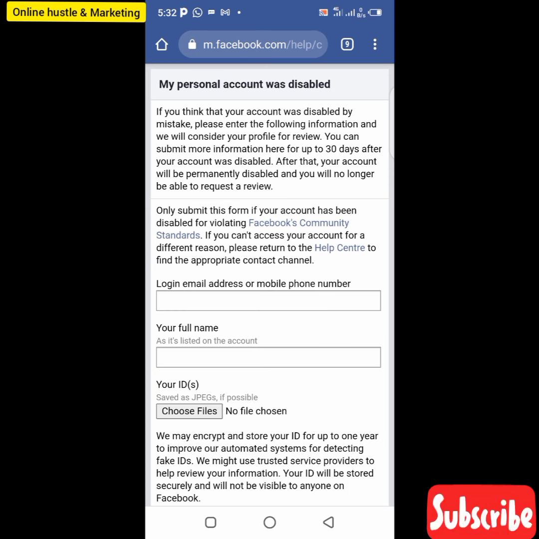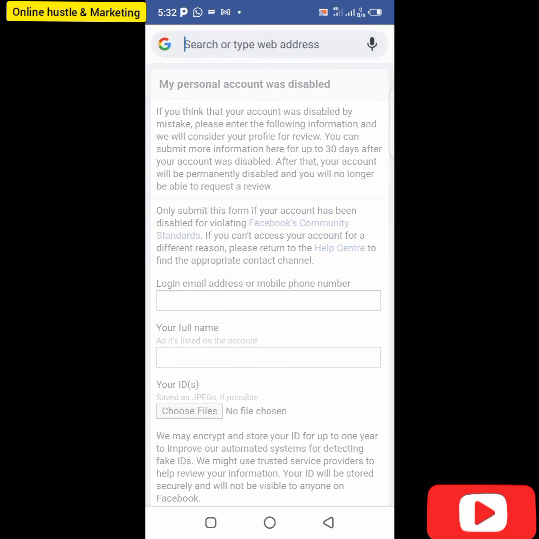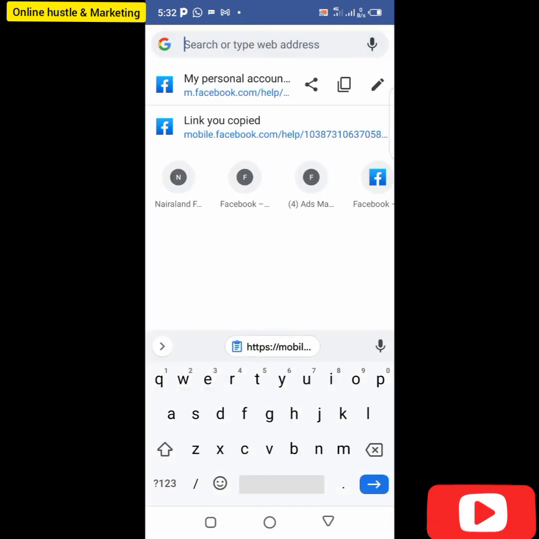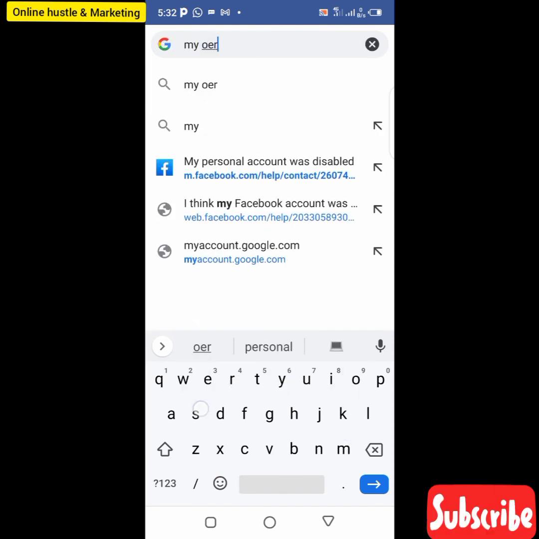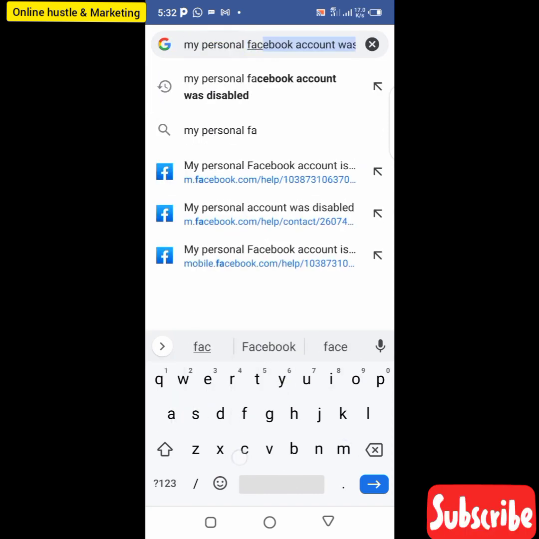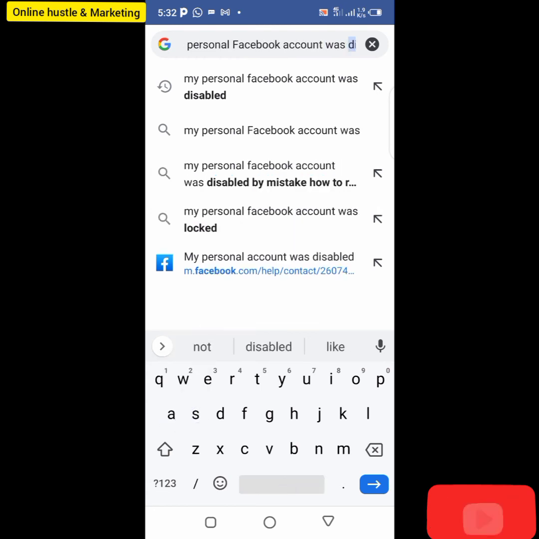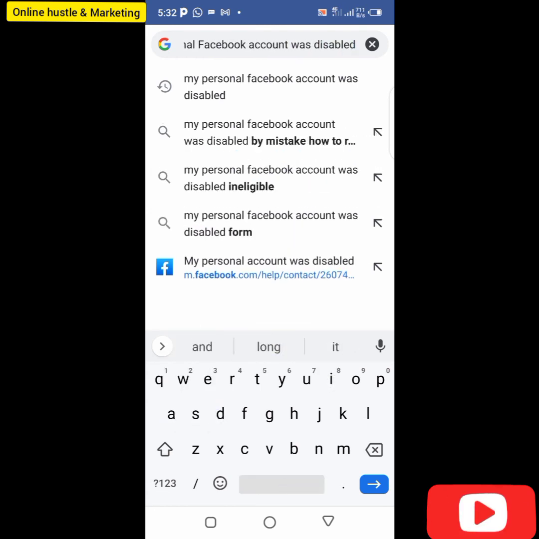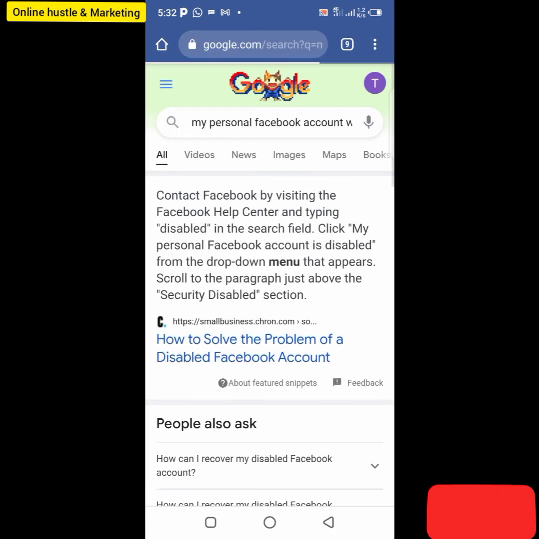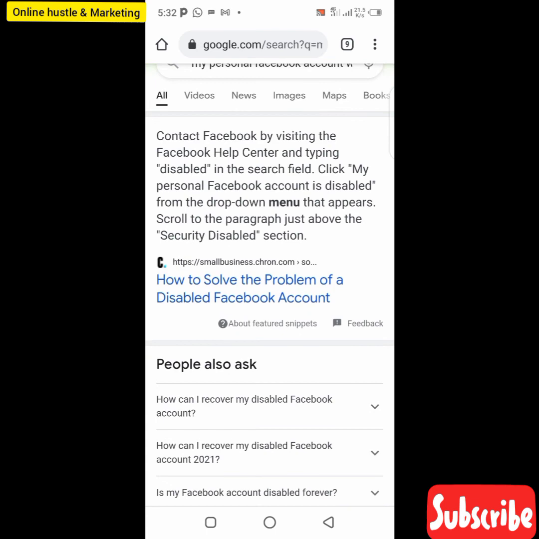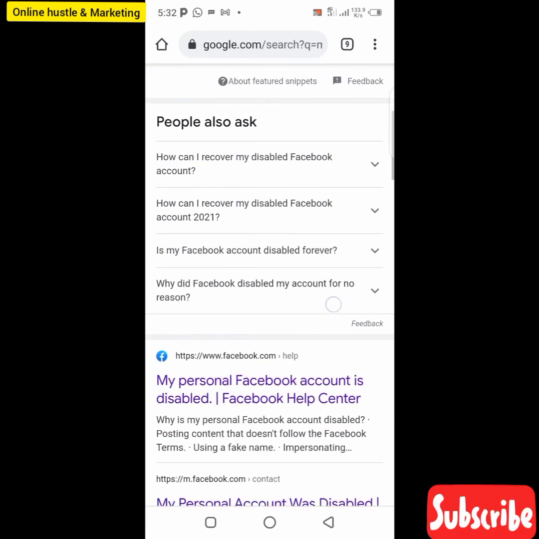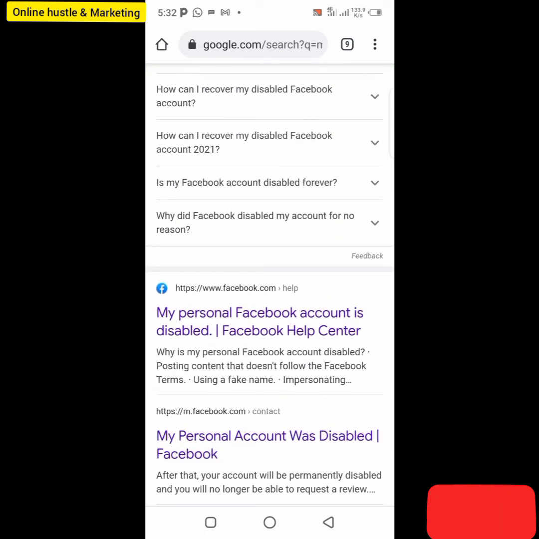And more so, if you don't want to go through the stress of going into the app, just go to Google and type in "my personal Facebook account was disabled." Then click on search. Once you search it, you're going to go down. Don't click on this website. You're going to look for a website that says